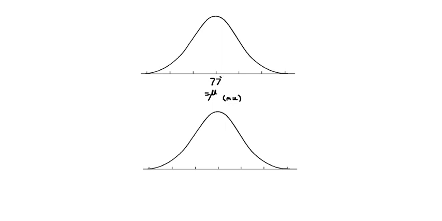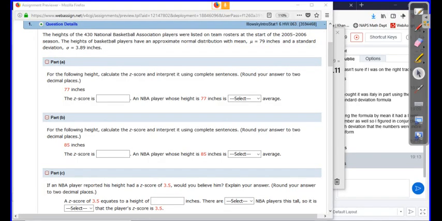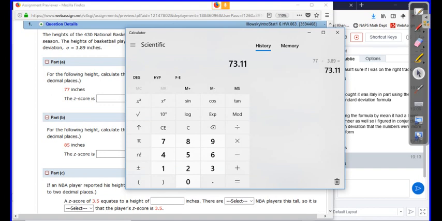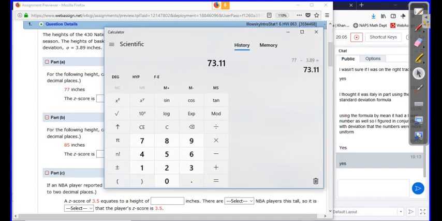All right, anyways, 79 inches. Good Lord, 79 inches, right? So we're told that there's a player that's 77 inches. So right away, you know that that player has a height that's less than the mean. So what does that mean to us? Well, we're going to have to figure out the z-score for this fellow. So we're going to subtract, just like we said, if you want to get the z-score,